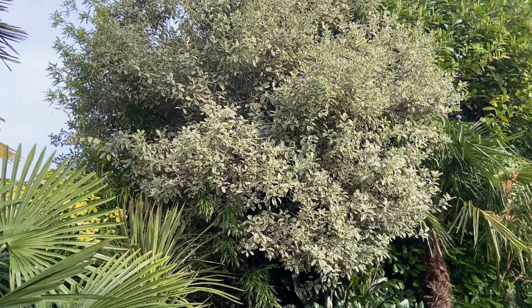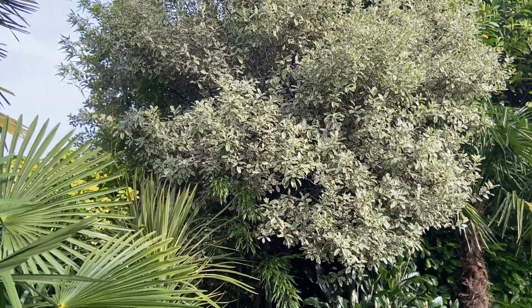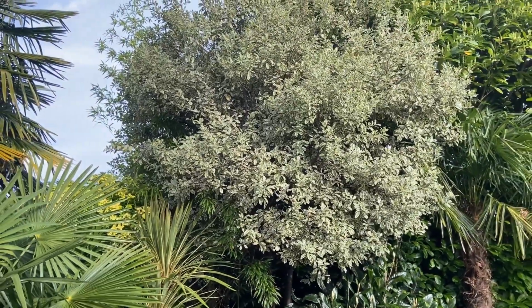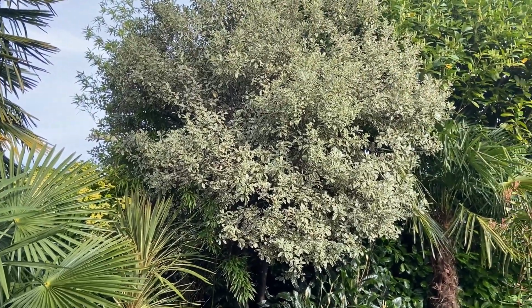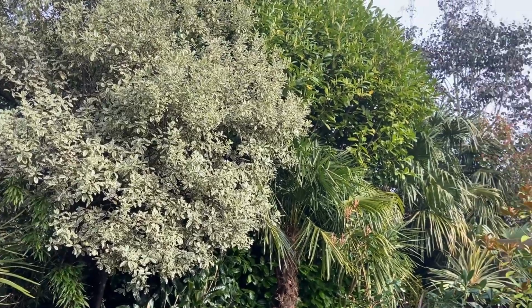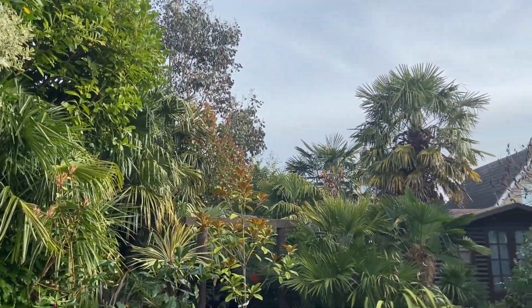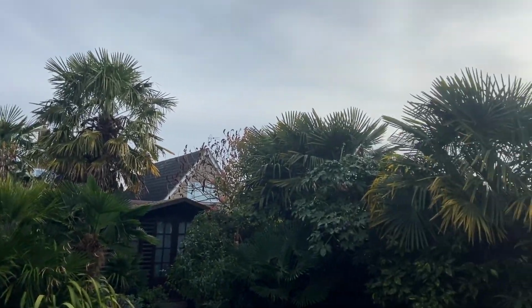So imagine there's a building or something behind it that I don't want to see. It's going to completely cloud that out and stay looking like that all year round. And as you can see, these have been in my garden for many years, faced some really cold temperatures, and they're still here. Now another one, as I pan around to the right,